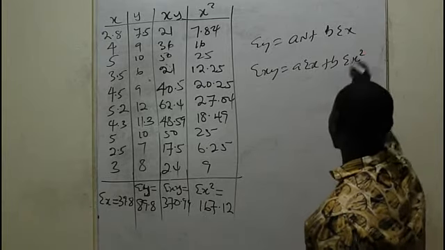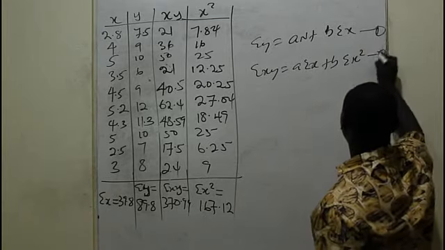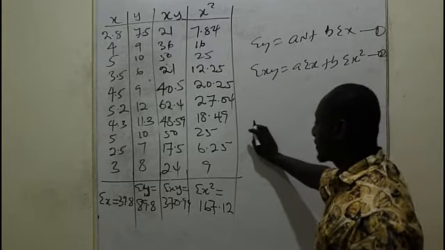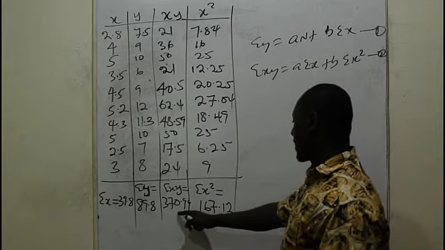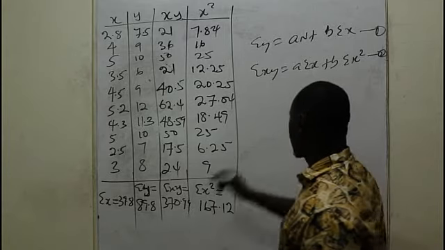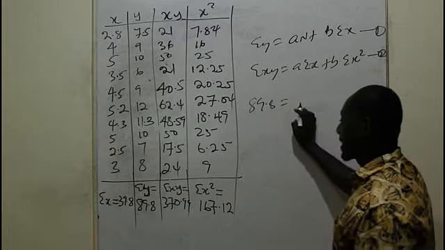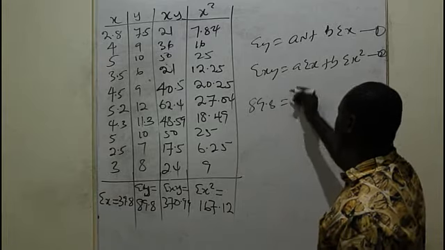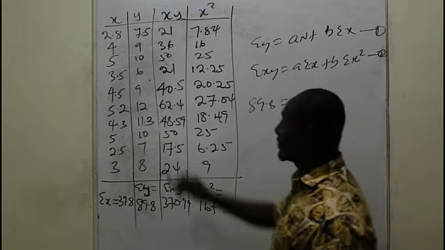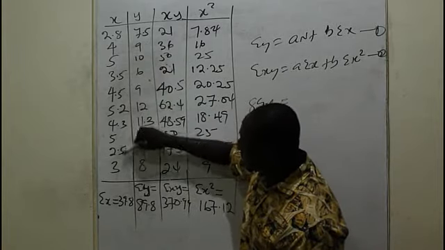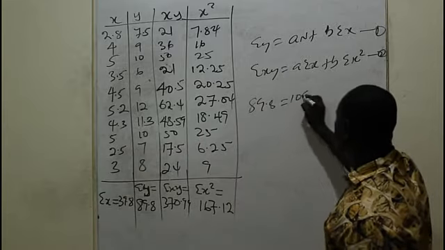And so we are going to substitute. If this is equation 1, this is equation 2. Let's put them in equation 1. For equation 1, summation of y is giving us 89.8 and is equal to na. I don't know a, but n is the number of observations. So how many observations are involved? 1, 2, 3, 4, 5, 6, 7, 8, 9, 10. So that gives you 10a plus